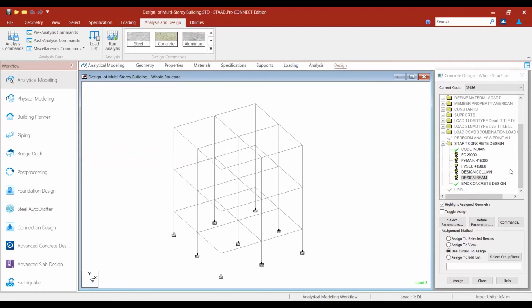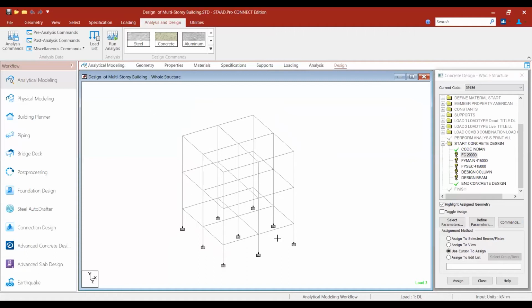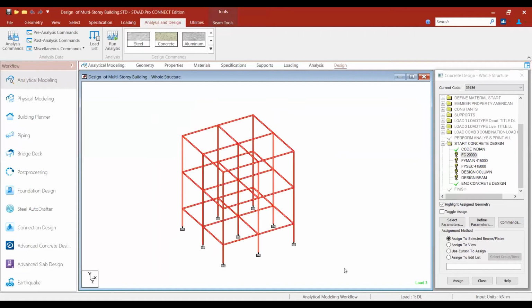So you have selected the different parameters and what you have to design. First is FC, compressive strength of concrete. It is common for the whole structure, the same for columns and beams, so assign to selected beams.